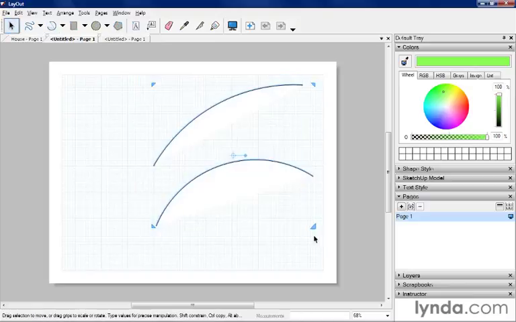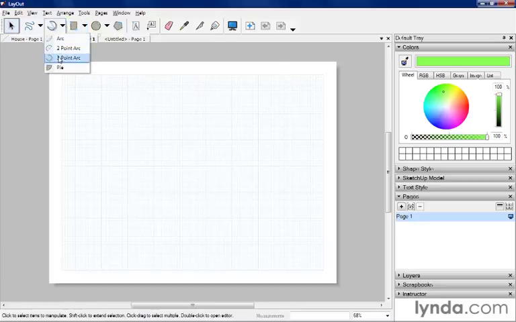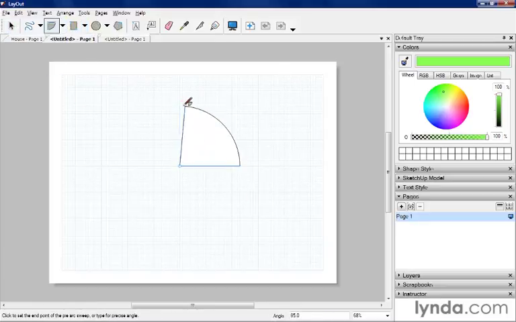Let's go ahead and delete that. The next one is called a 2-point arc. Now what this does, it allows you to create, again, a baseline